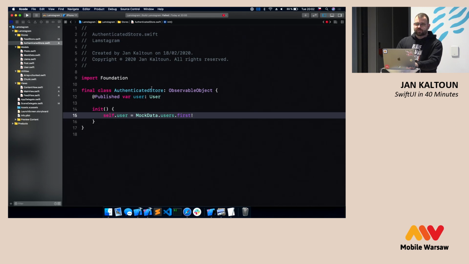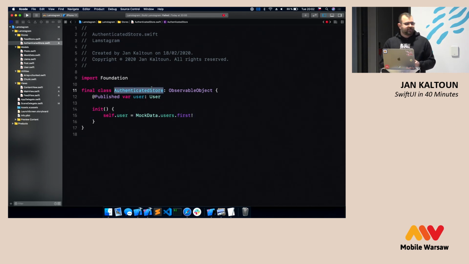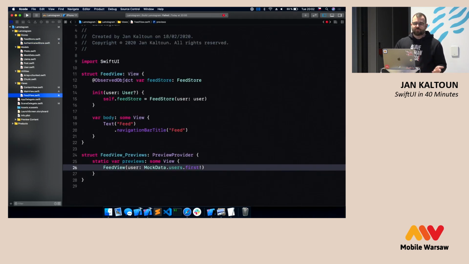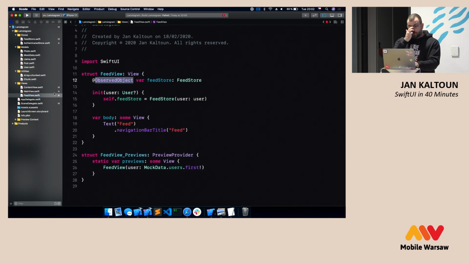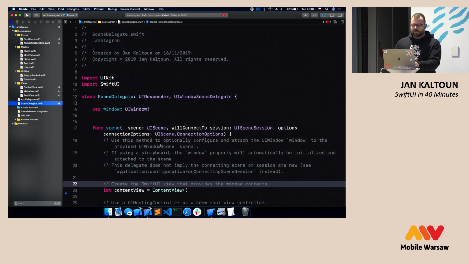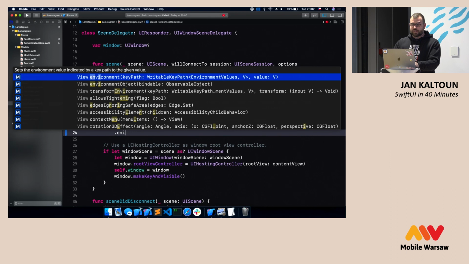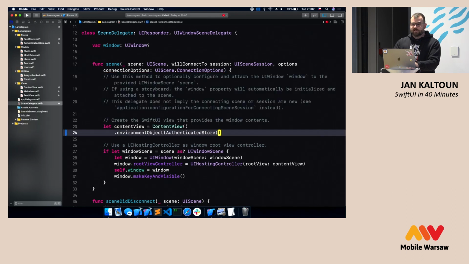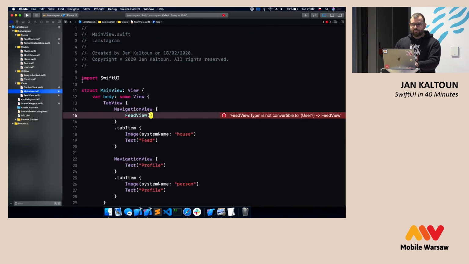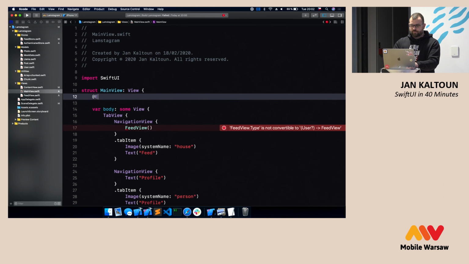So I have my authenticated user store. That is something that is probably needed for the whole application. So I'm not going to inject it to the feed view using the observed object property wrapper. But instead, I'm going to go to my scene delegate here, where my content view is being created. And I'm going to say, environment object is my authenticated store. Now, when I do this, all the views will automatically get dependency injection functionality for the type that I have just registered here. So I can go to my main view and say, yo, there's an environment object prepared for you